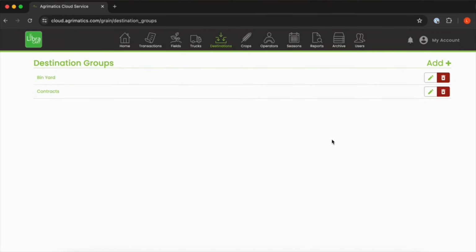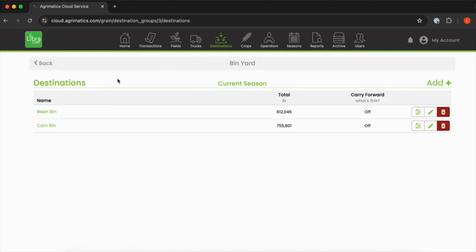Archiving is a special sort of deletion where instead of outright deleting the data from your account, it is put into our archive tab here, so you can still see it at a later time. It still will be removed from your list, so you don't have to be scrolling through old destinations or old data, but it isn't outright removed. Similarly to how the folder structure works within the Libre app, you do have to delete or archive at the lower levels of our folder structure before you can delete at the highest levels.